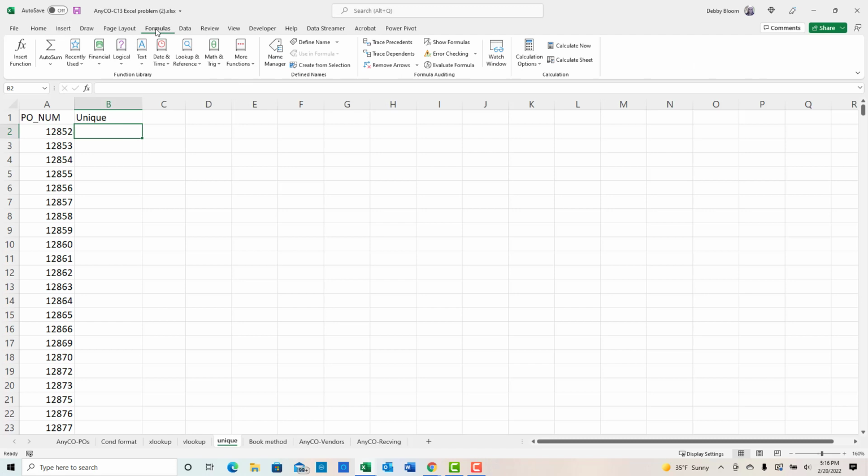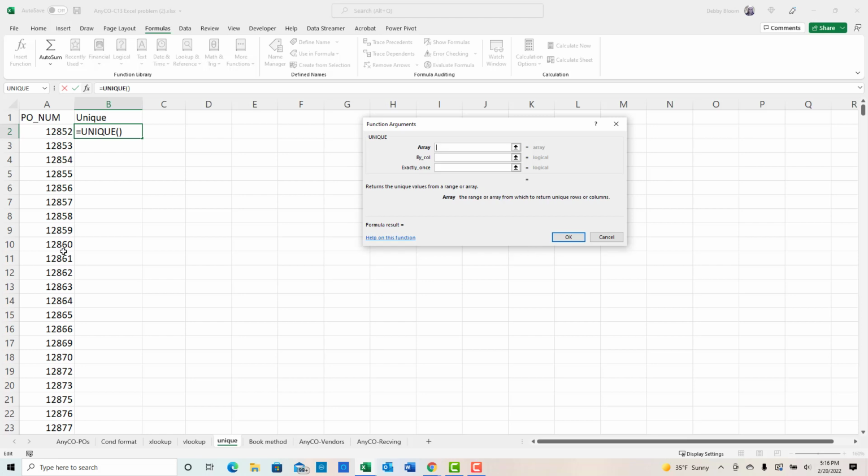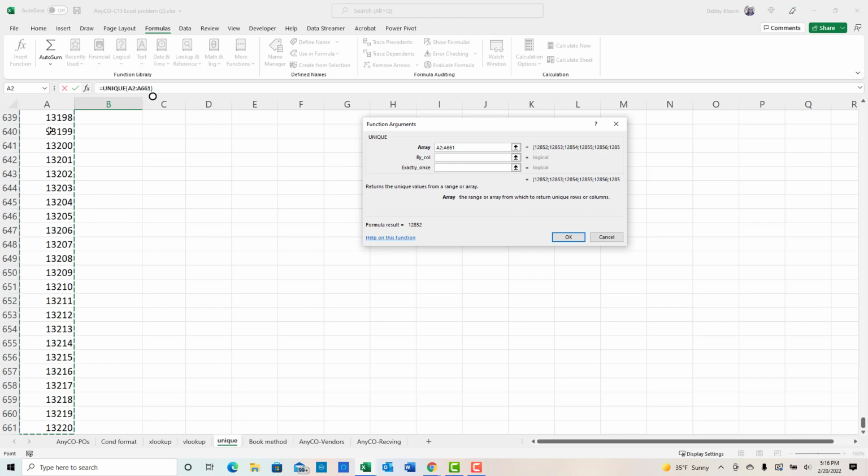I'm going to click Formulas. I'm not sure where this is, so I'm going to click Insert Function, and I'm going to type UNIQUE and hit enter. So I found my UNIQUE, and I'm going to click OK. So for UNIQUE, my array is going to be A2. This one is really long. So I'm going to click A2, Control Shift Down all the way to the bottom. This goes to